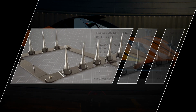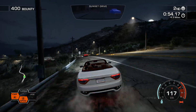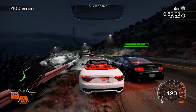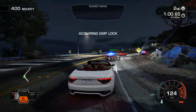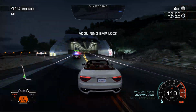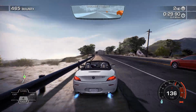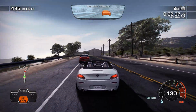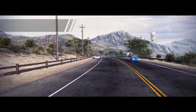Weapons such as EMPs, spike strips, road blockades, helicopters, communication jammers, and your typical nitro boost. These all either have a recharge time or a limited number of uses, which ramps up the high octane thrills, adding a tactical element to each race. The car itself can act as a weapon too, and a well-timed side slam, T-bone or a perfectly executed swerve to avoid oncoming traffic can leave cop cars in your wake, just like...